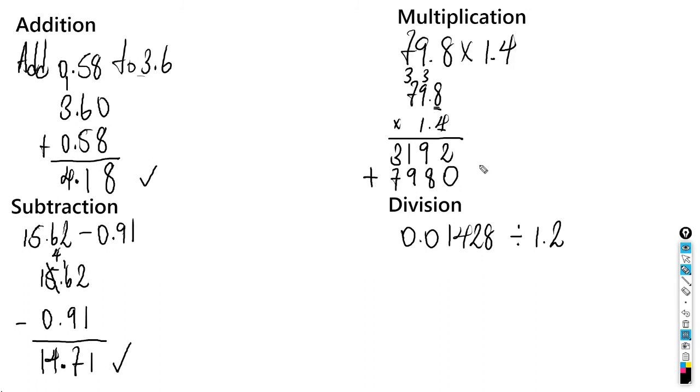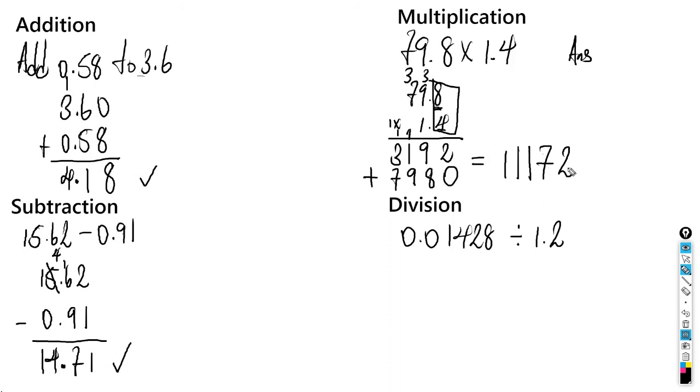Now we need to add these two, okay? So we're going to add these now, and this should give us 2 here, right? Then 9 plus 8 would give us 17, 1 here, and a 7 there, right? Then 9 plus 1 plus this would give us 1 here and a 1 here, right? Then 7 plus 3 plus 1 will give us 1, 1. So the answer is 101,